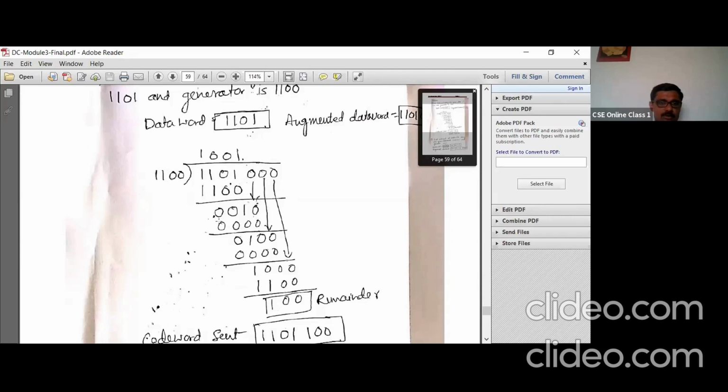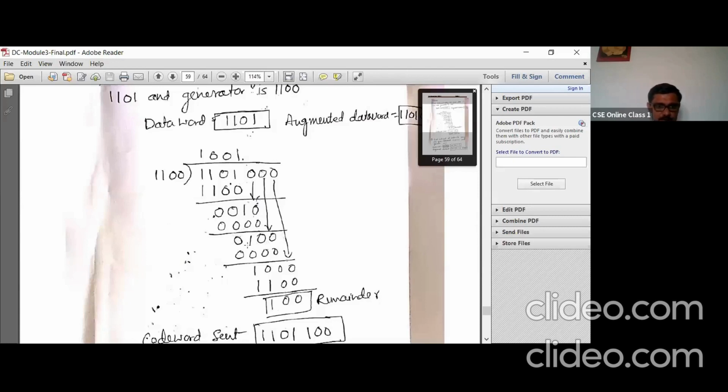Now again the leftmost bit is 0. Take 0 0 0 0 as your divisor and again perform the XOR operation. 0 XOR 0 is 0, 1 XOR 0 is 1, 0 XOR 0 is 0, and take this 0 to here. It will be 0 1 0 0.